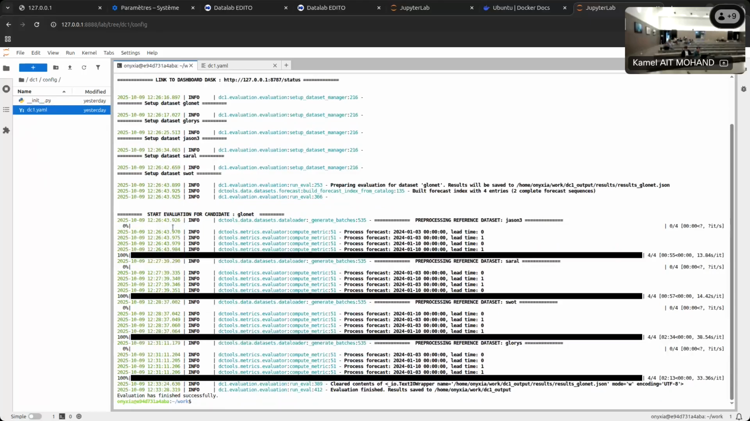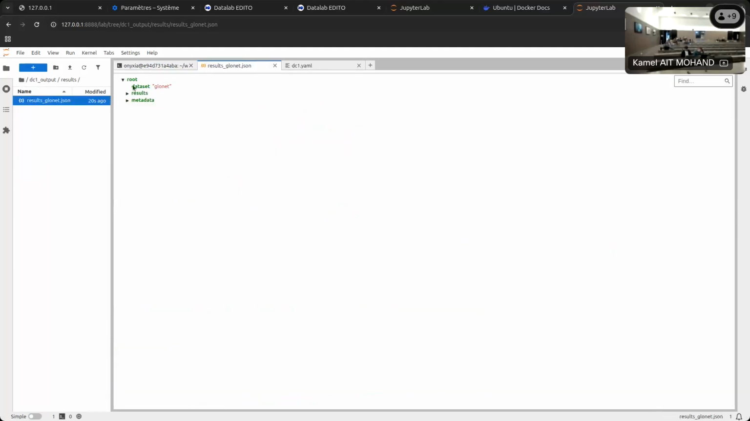Okay, evaluation has finished, and as we saw on the platform, we can find the result file here in the same path as before. So here is the JSON file with the metrics computed on each of the evaluation datasets that we configured. So we are done with